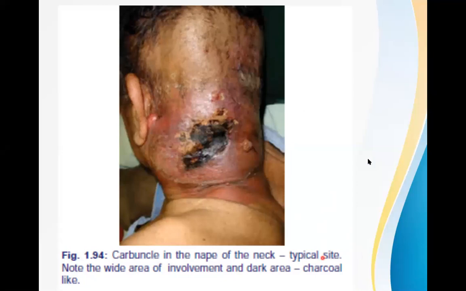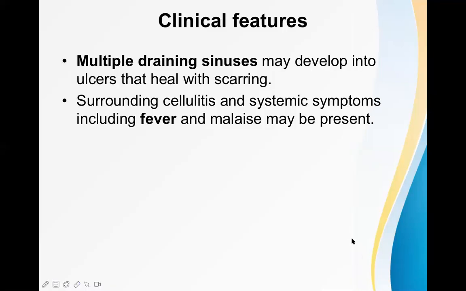Now, what are the other important features? In case of carbuncle, there are multiple draining sinuses on the surface of the carbuncle, and later on they may complicate into an ulcer, and that ulcer heals with scar formation. So there may be an extensive scar after the healing of carbuncle, and a scar is a mature type of granulation tissue. If somebody asks you what a scar is, you can answer very confidently: mature type of granulation tissue